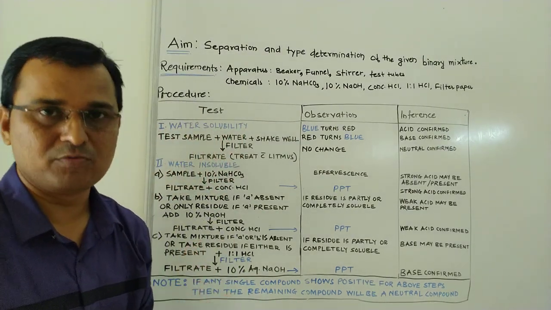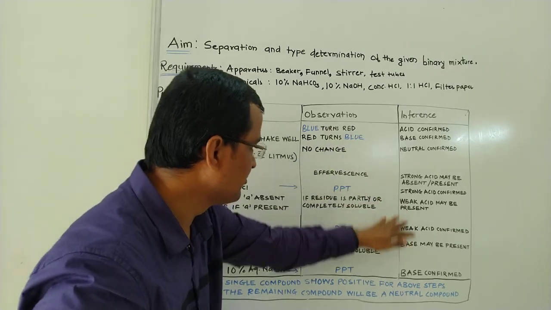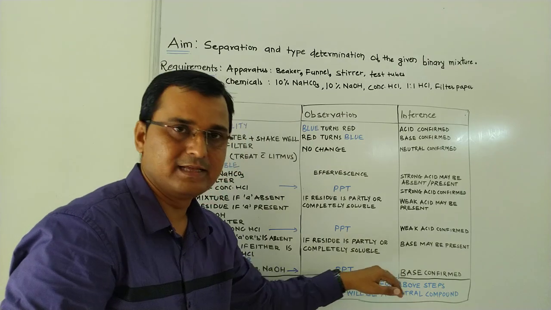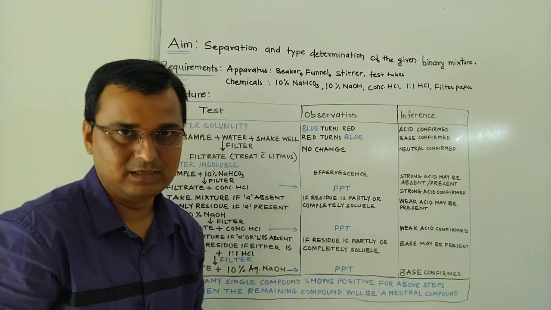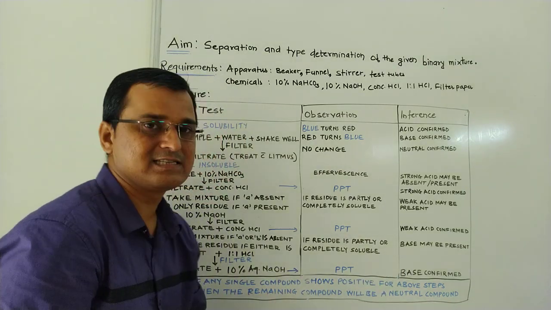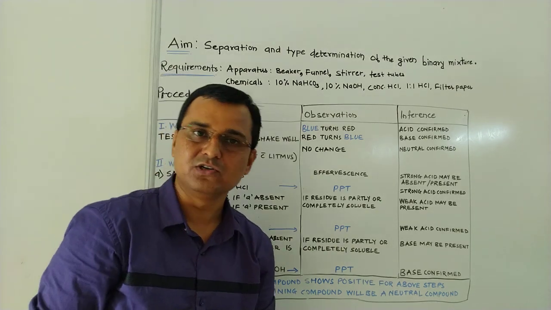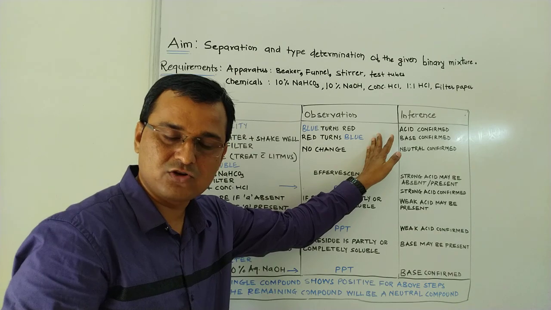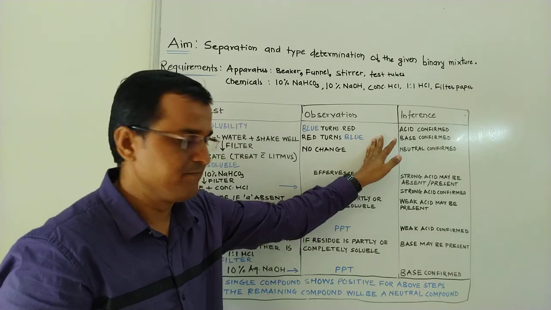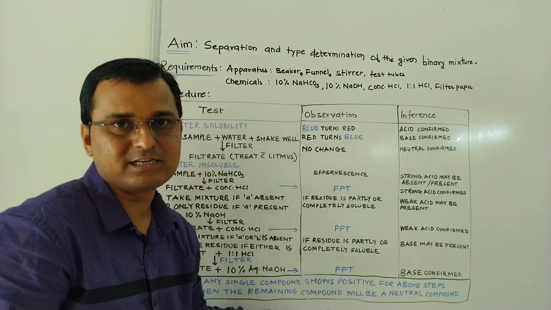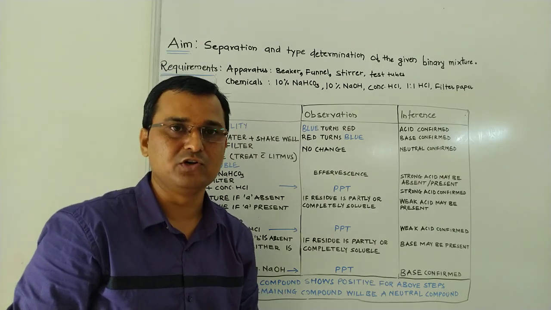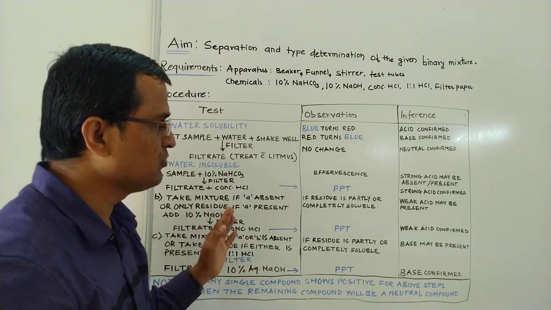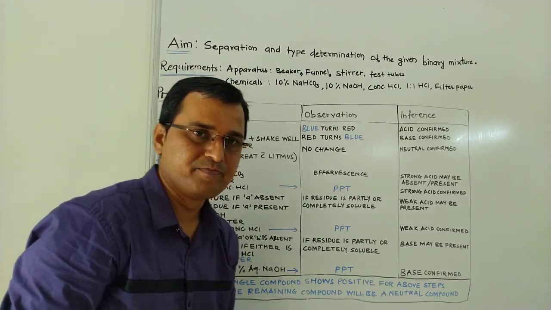because we have a mixture of 2 compounds. If we got any one compound out of these 4 tests up to the base, then the second compound will be a neutral compound. There is no such test for identification of the neutral compound. So on the basis of confirmation of the strong acid, weak acid and the base, we can conclude that the remaining compound will be neutral. Okay, so there are some things that you should always remember.